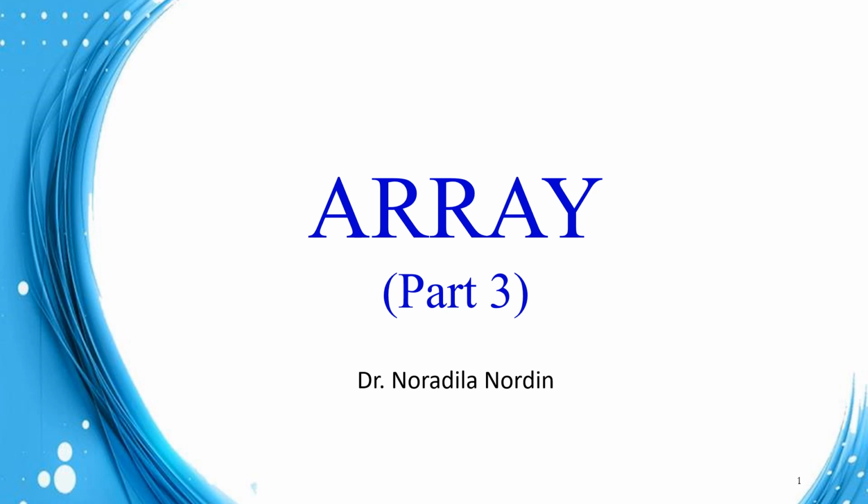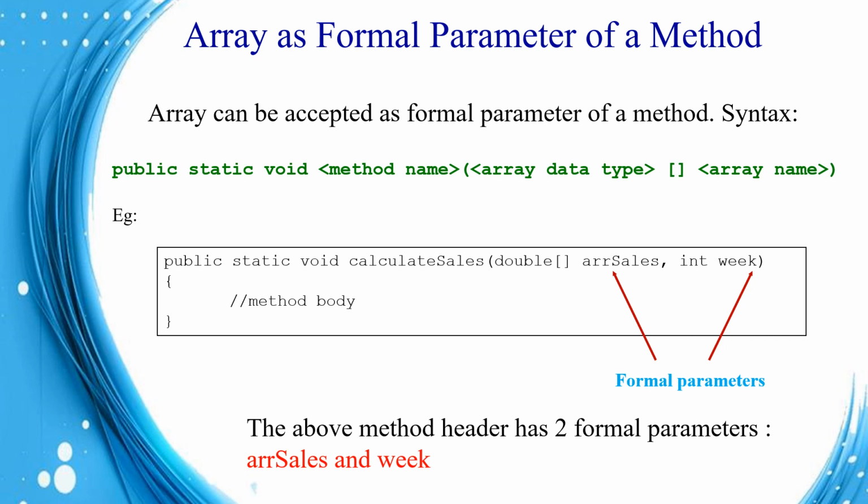Let's continue with the last part, which is on using array as the formal parameter of a method. We have seen before that we can pass values in a method. We can do the same using array. The syntax is similar to before, which we will write public static void, then the method's name, then the parameter